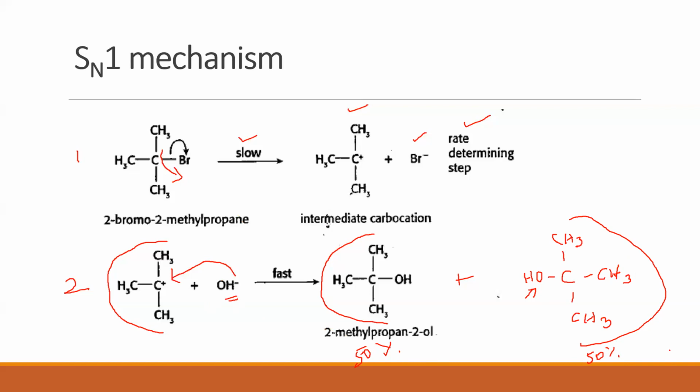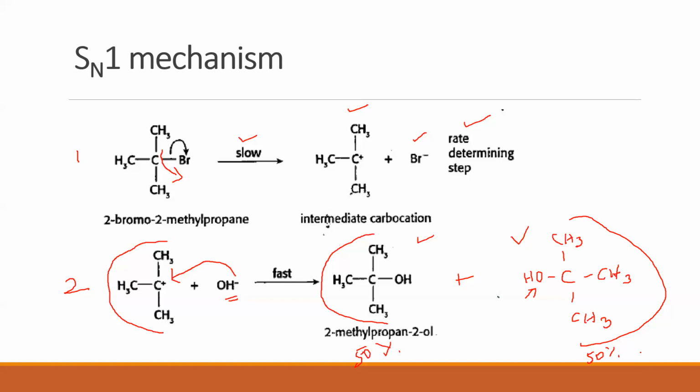I want you to think, why does this happen? Now, as the reaction here shows, it is clearly front side attack. Correct? Clearly, the OH minus is attacking from the front. If OH minus is attacking from the front, I should only be getting one product, which is this, and this should have been 100%. But surprisingly, you get the other product also, the inverted product also, and assuming the percentage is less, but that's also not the case. Percentage is also 50%, which means equal probability of both of these happening.